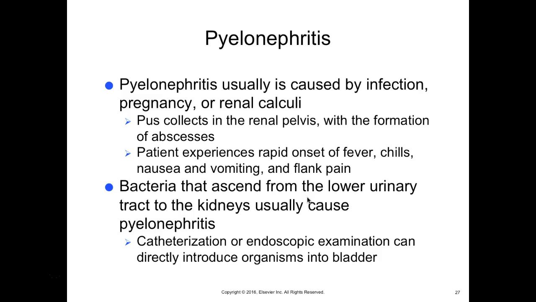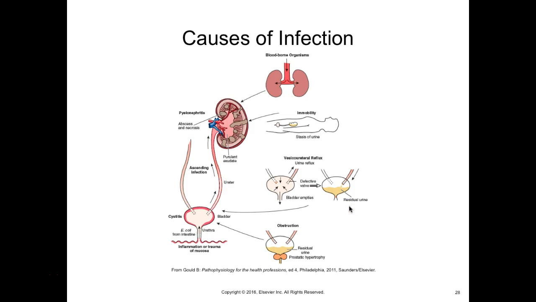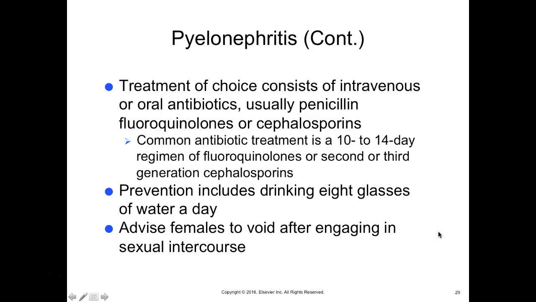pyelonephritis. So catheterization or endoscopic examinations can directly introduce organisms into the bladder. So it could be from non-sterile technique, from catheterization or endoscopic examination, or an untreated bladder or urethral infection. So here's some causes of the infection. And so they're just showing residual urine, obstruction, so all sorts of different things. Stasis urine from immobility. So treatment of choice consists of intravenous or oral antibiotics, usually penicillin, fluoroquinolones, or cephalosporins, which